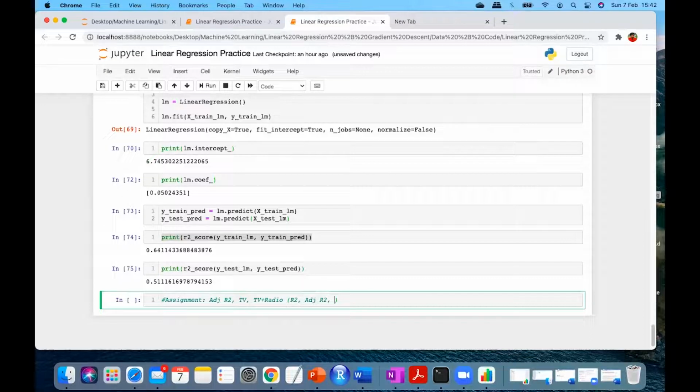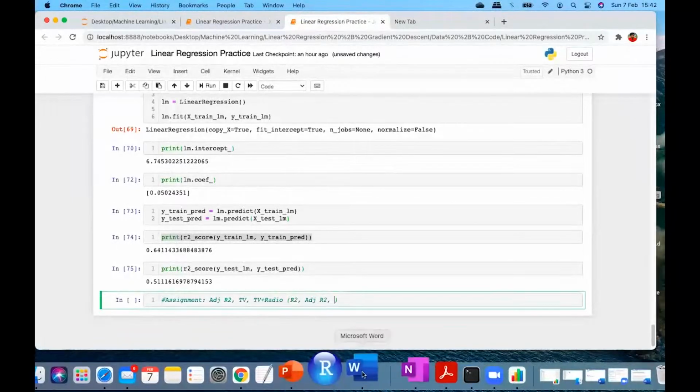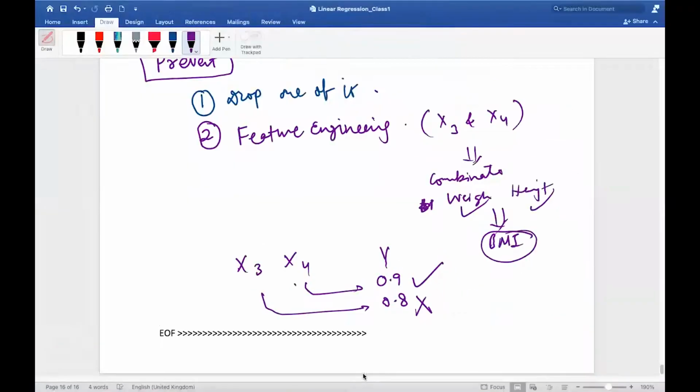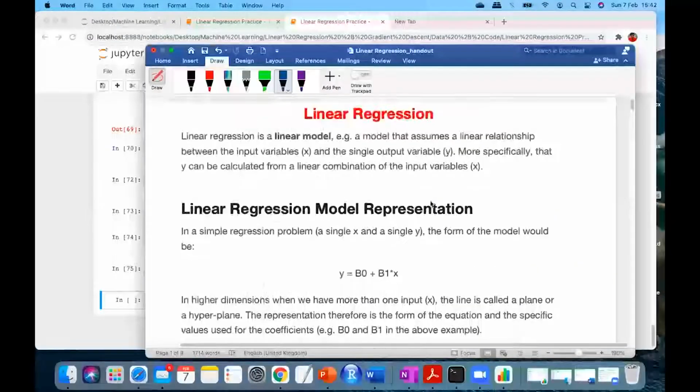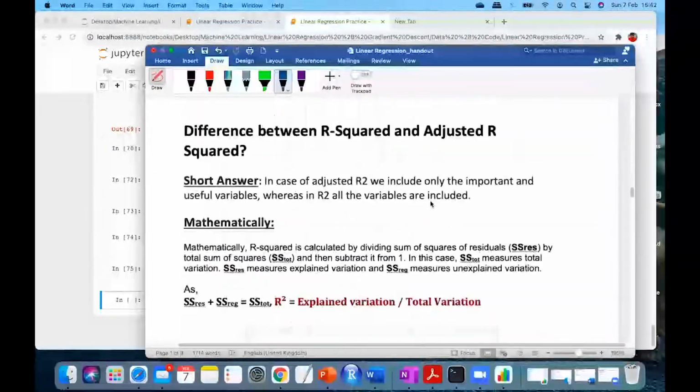What was the right word that I used? The right word is there in our handout. Okay. So if you see, the right word is